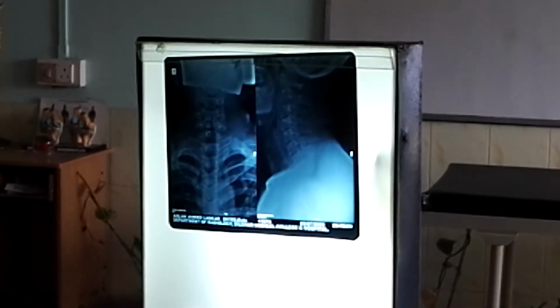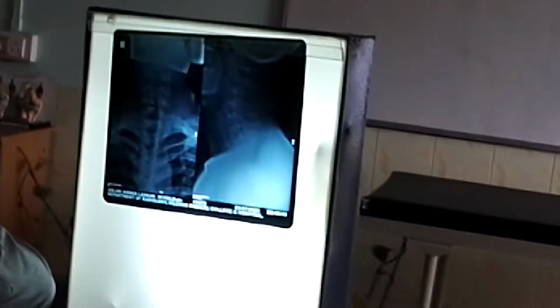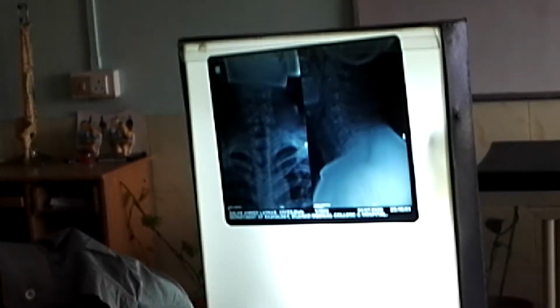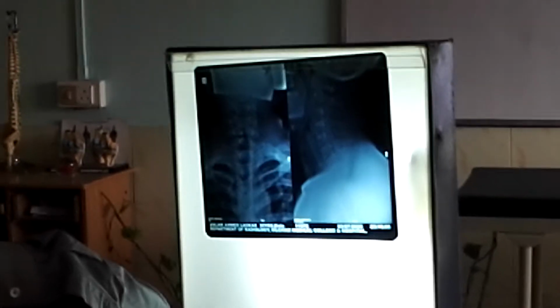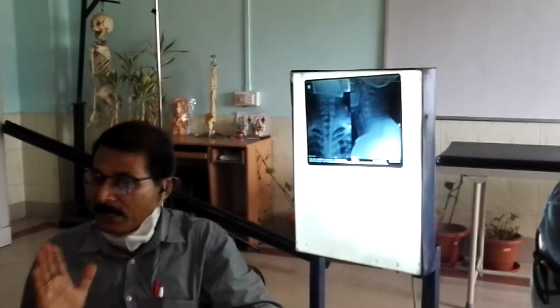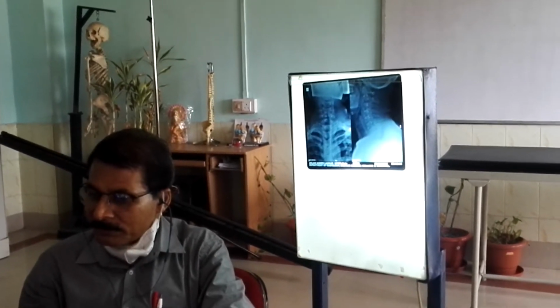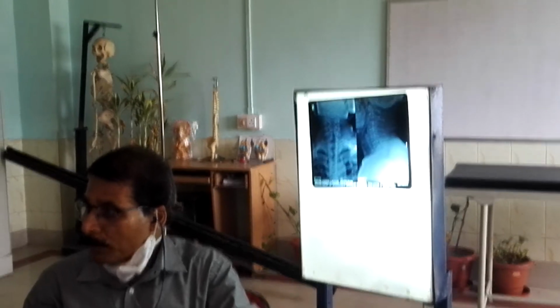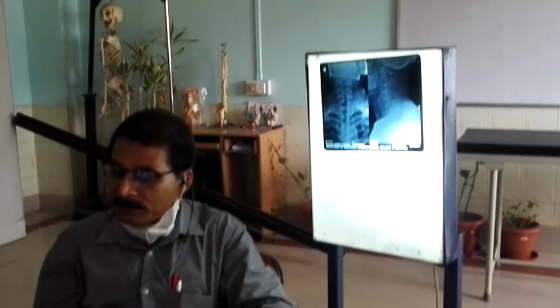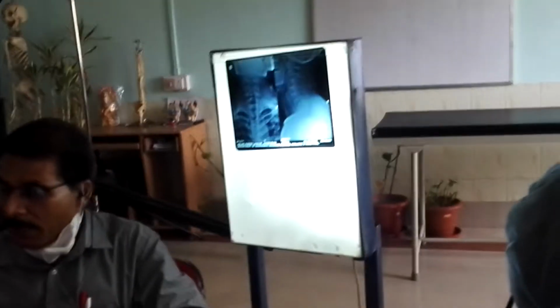Why is it important? Unilateral means only one side is involved, and the vertebrae are rotated there. One side is dislocated, this right side is dislocated, and the vertebra is rotated like this. In a situation like this, while you are taking a view from here, definitely there will be a break in the end-on view of the central line of the AP view. Are you getting my point?